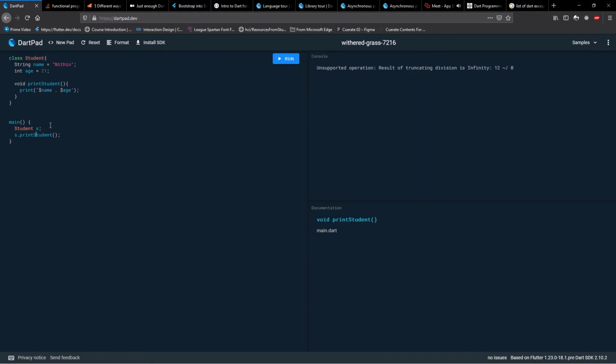Let's go through all of that right now. So you have student s over here, and you access this print statement with s dot function name. The dot operator is used to access the variables over here. You can also access the variables like this. Print s dot name. Now if I hit run,